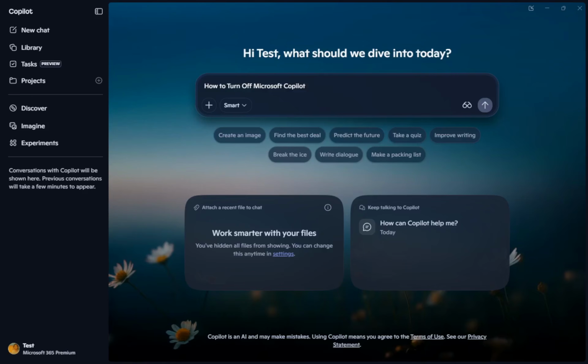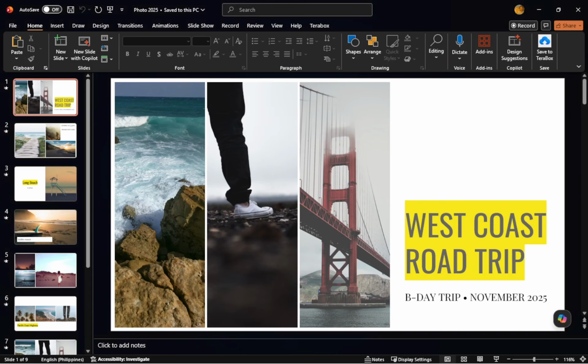In today's video, I'm going to teach you how to turn off Microsoft Copilot. We'll go step by step through the process so you can easily manage Copilot in your Microsoft applications. Let's get started. First, if you're using Copilot in Word, Excel, PowerPoint, or OneNote on Windows, open the application you